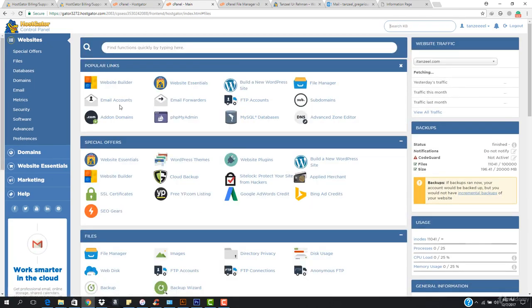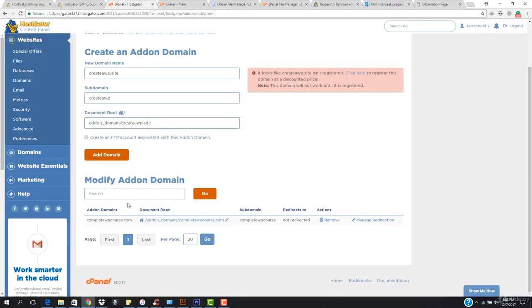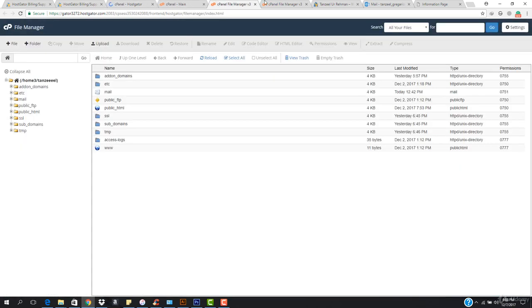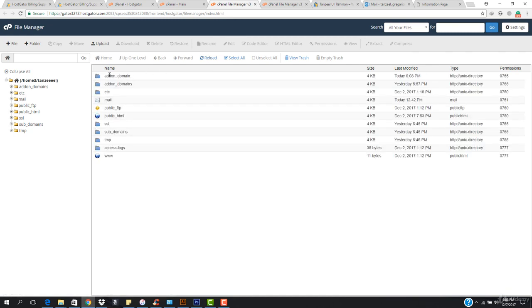and here I want to go to the file manager. And in the file manager, when I will add this, I'm just going to go ahead and hit add domain. So this domain name is going to be added. So in the add-on domains folder, okay, so it was add-on domains. It will create a new folder. Okay, so now if I just reload this, you can see that the add-on domain folder has been created,